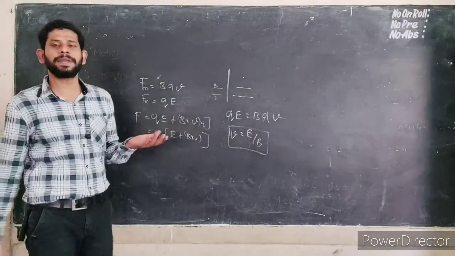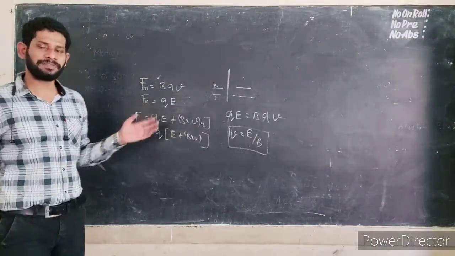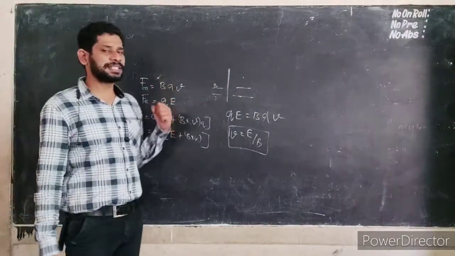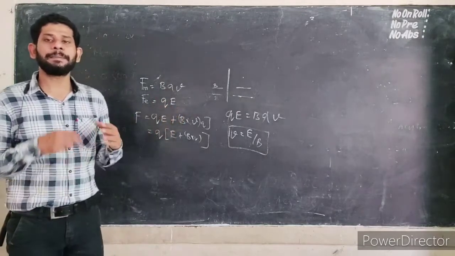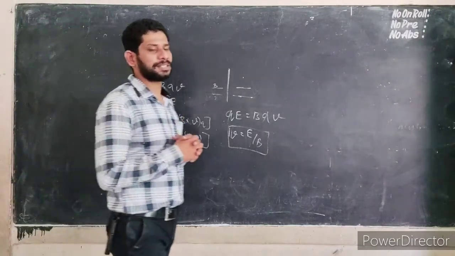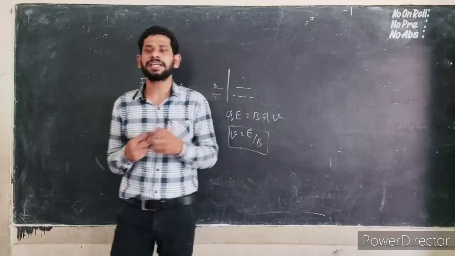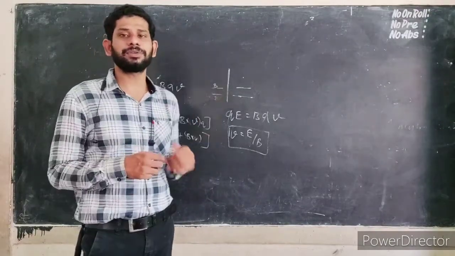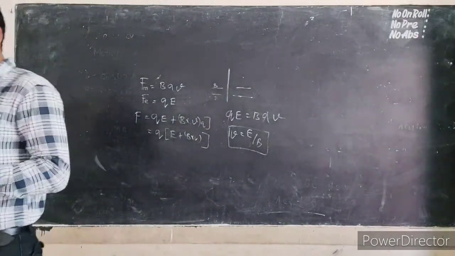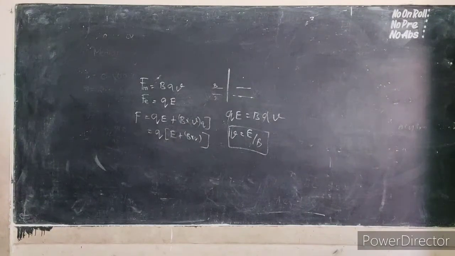How much electric field you are applying and how much magnetic field you are applying, the ratio of the electric and magnetic field gives some velocity to the particle. So the highest velocity the particle achieves by this electric and magnetic field, and then it enters into the uniform magnetic field. This setup we call a velocity selector.